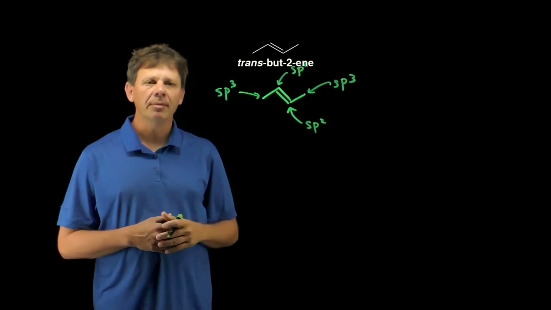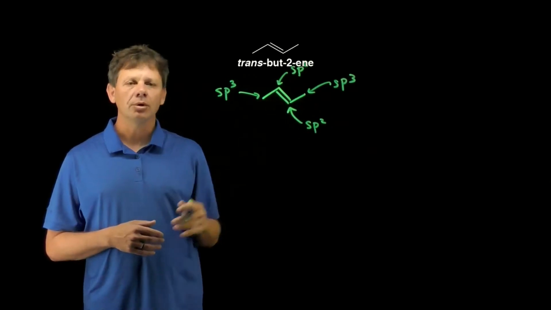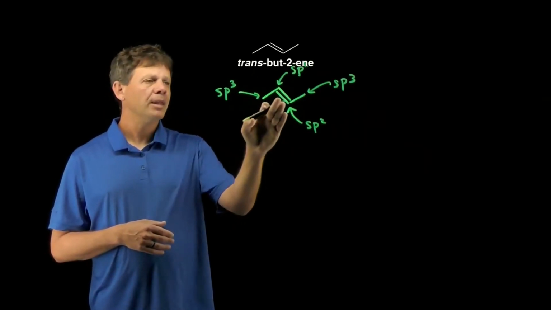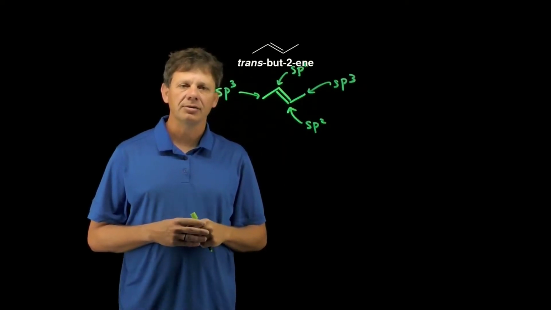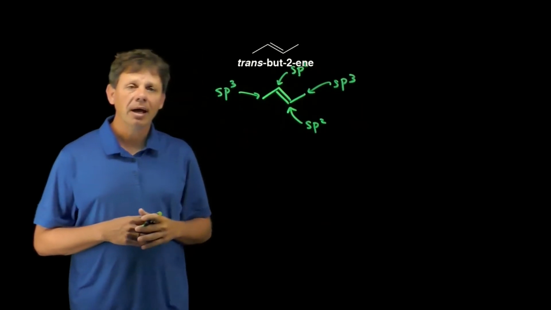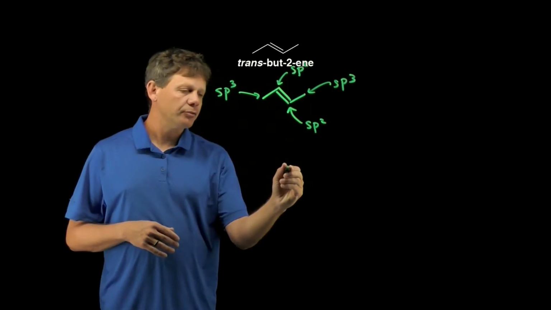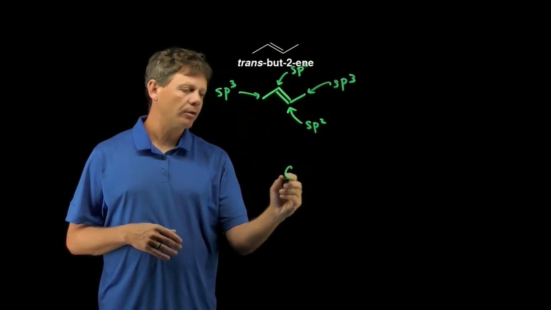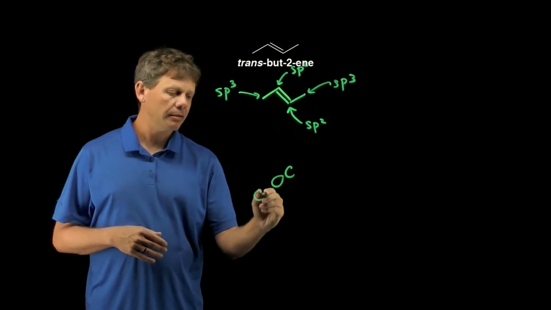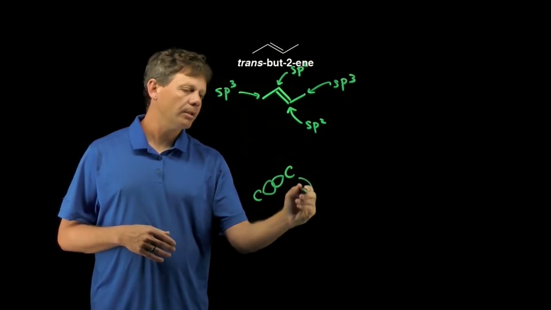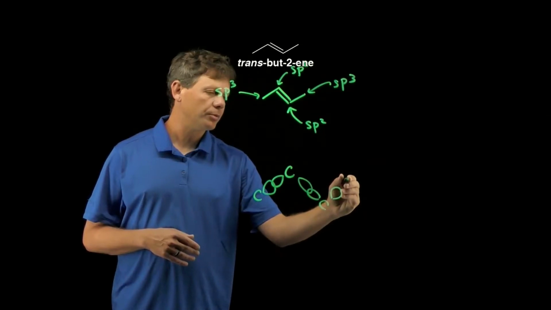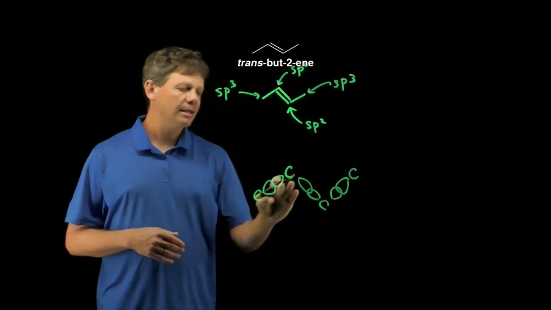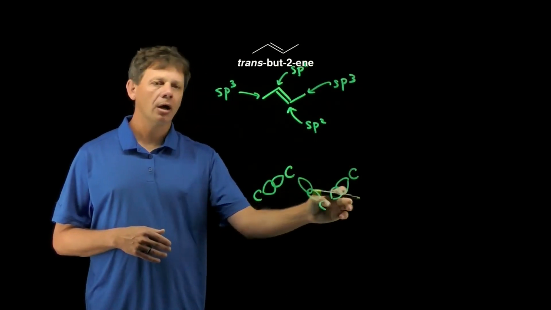And so 3 of the bonds to those carbons will use sp2 hybridized orbitals, and this pi bond will be formed using the leftover p orbitals at each of those carbons. With that in mind, we're ready to start drawing. Let's draw the sigma bonded framework first. We'll start by connecting all of the carbons using sp2 or sp3 hybridized orbitals respectively to make the 3 carbon-carbon